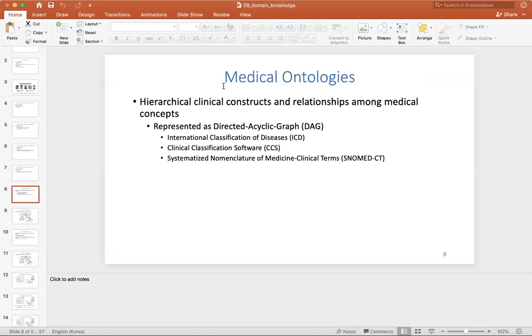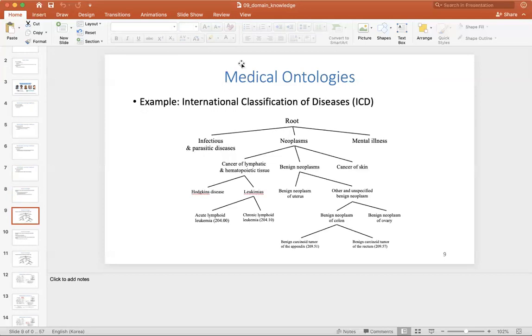For example, ICD-9 codes, International Classification of Diseases, can be seen as a DAG, having a DAG structure, like this. This is a subset. Of course, this is not the entire tree of ICD-9. I just took a subset of the tree to show as an example. On the very top there is a root node, of course, because it's a tree, and the root node would be